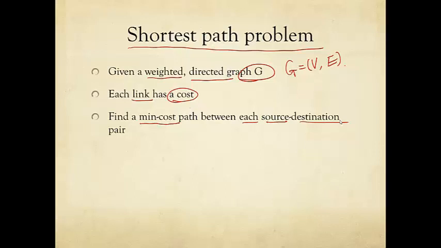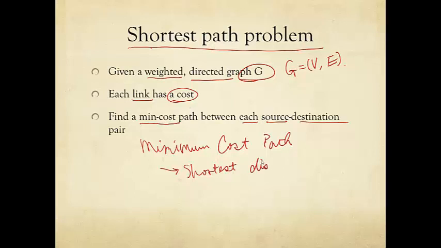and it turns out this is one of the most extensively studied graph theoretic optimization problems. It's got the name the shortest path, which is a little misnomer, because the best name really should be minimum cost path problem. Of course, if the cost is the physical distance, then a special case is shortest distance. And if the link cost is actually all one for every link, then this is basically a minimum hop count